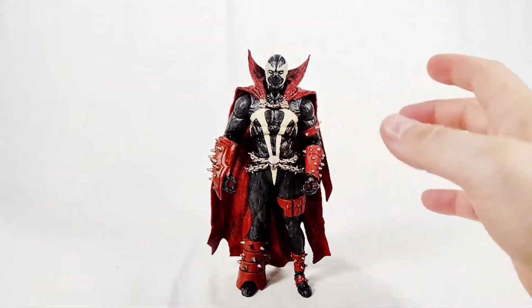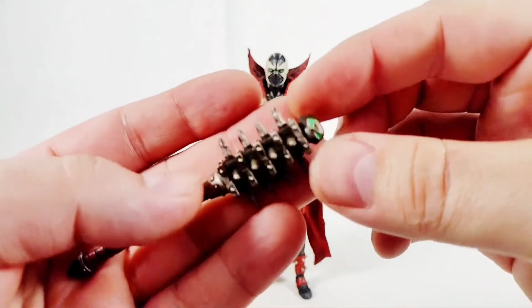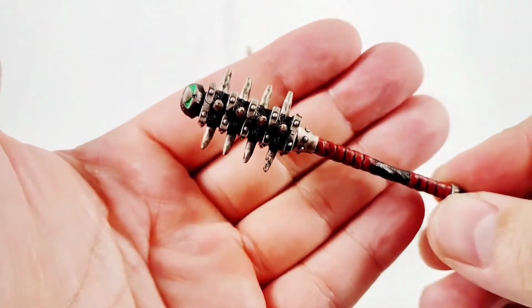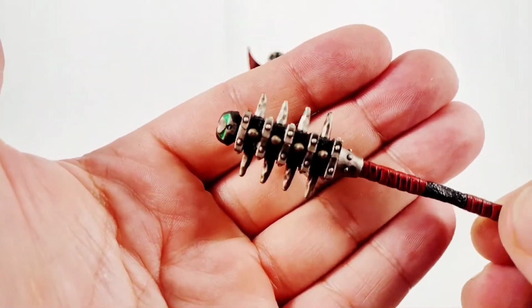Going back to original Spawn, I forgot to mention he has his mace. And once again, you can see he has a little bit of a Spawn skull up top on the mace. Now, for this version of Spawn, I do like the mace better than the sword, because, like I said,